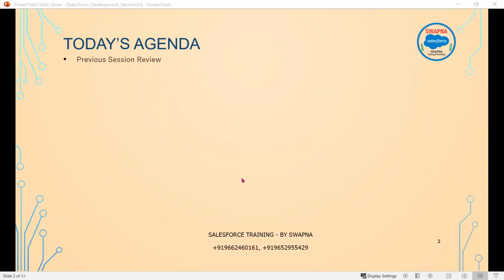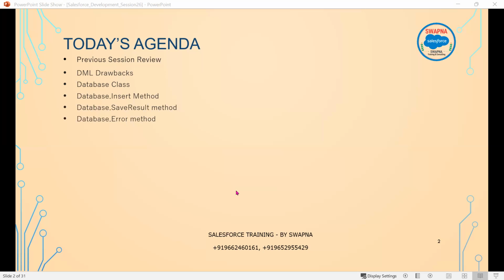We'll quickly go through the previous session overview, and we'll talk about the DML drawbacks, and then we will talk about the database class and the Database.Insert method, and how to insert the data, and what the Database.SaveResult is and what it contains. We will see what the Database.Error method is and the syntax for other methods, and also we'll take one use case for the